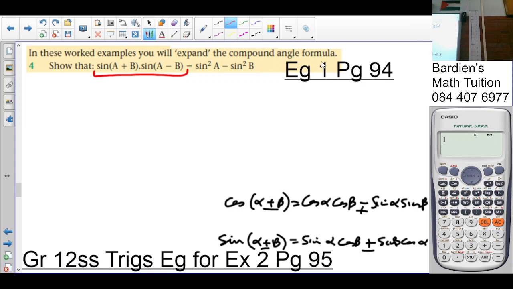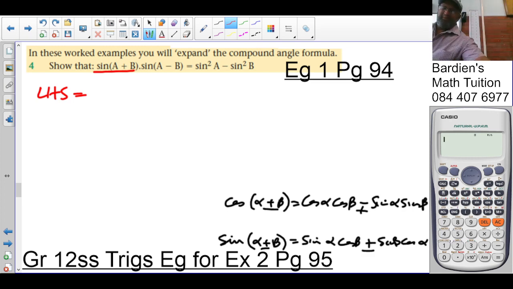Okay. So which side do you think we're going to work with? Which side do you think is more complex? The left hand side. Okay. So we go left hand side. Now if you look at sine of A plus B, that can be written as what? Sine of A plus B. Here we go. Sine A plus B can be written as sine A